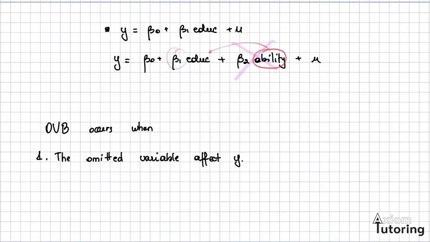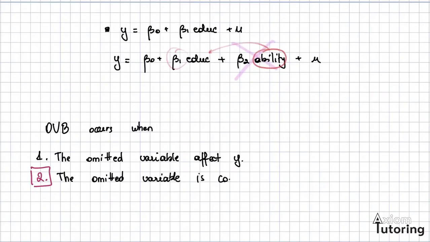In questions where they ask what could have gone wrong with this regression, students very easily figure out one or two variables in the error term that should have been included because they would have made the model better. However, what they forget, which is the most important part, and what causes the actual OVB, is that the omitted variable